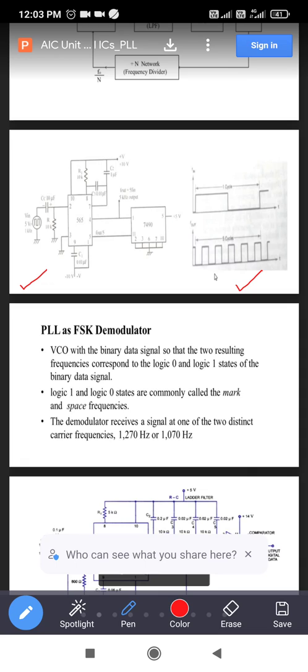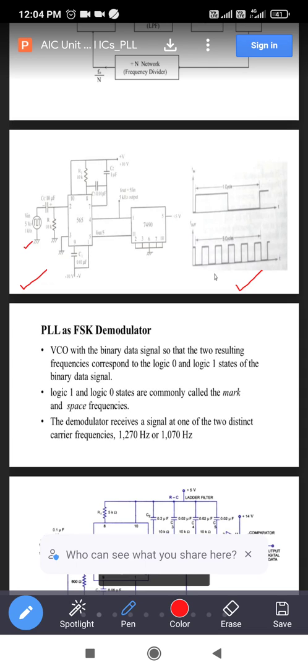So in the circuit diagram, the IC 565 is used as a PLL IC. So how it is used, you can observe. At pin number 2 or pin number 3, you can give the input. So pin number 3 is unused, it is directly connected to ground. मग पिन नंबर 2 ला इनपुट कनेक्ट केलेला आहे. सो इनपुट is connected as V in having amplitude 5 volt peak to peak voltage.